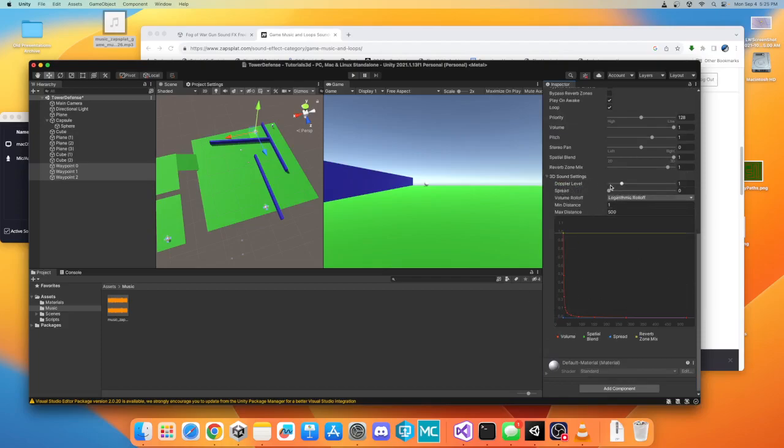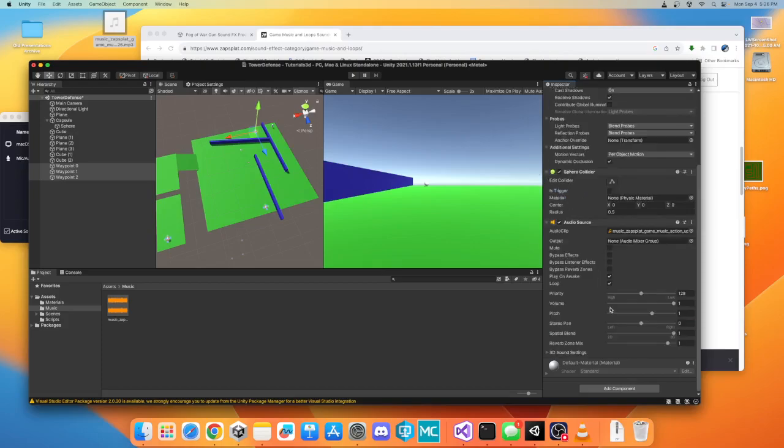I'm going to basically leave these kind of things alone. I'm going to just nudge my spread a little bit, but that's about all I'm going to touch, I think. Actually, you know what? Let's just not even play with spread, so that way we're leaving things default for you. And then I'm also going to adjust the volume down, just so that we make sure that we're where we want to be. I'm going to lower it down to about a quarter. So I'm aiming at like 0.25, and 0.251 is close enough. But I'm aiming for